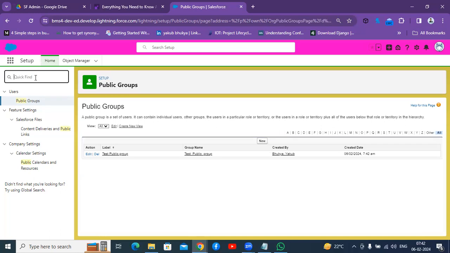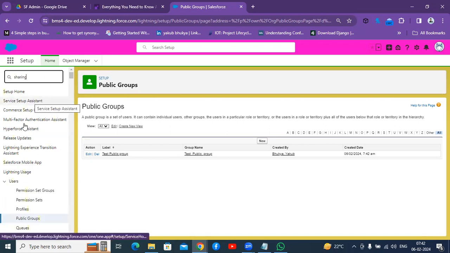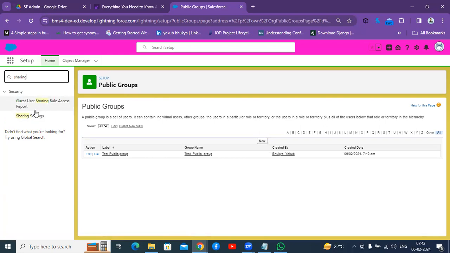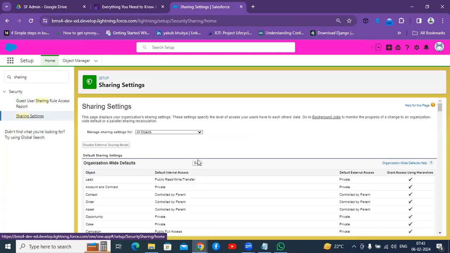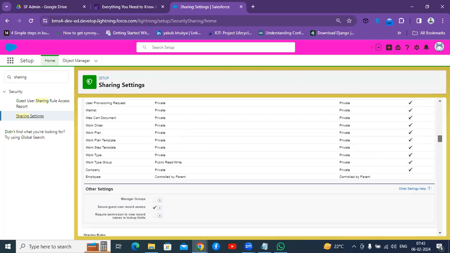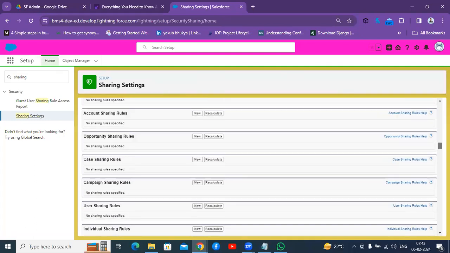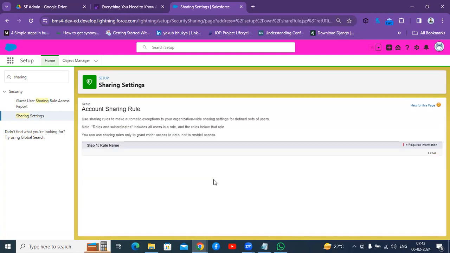Now I'm going to sharing rules, or sharing settings. Let's suppose you want to create a sharing rule on any object. I am creating an account sharing rule.